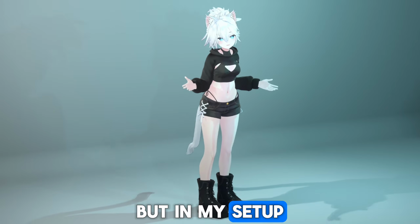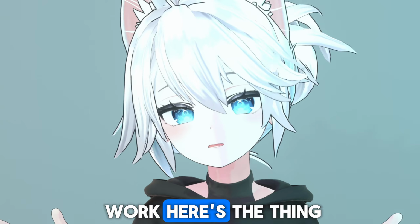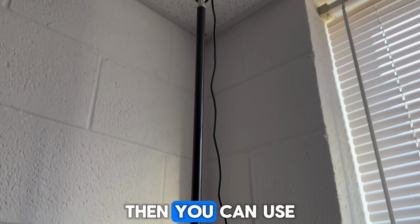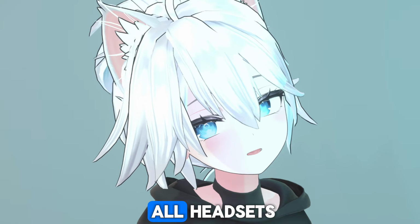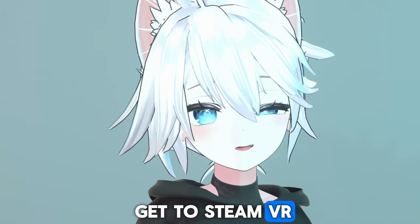But in my setup, I use Vive 3.0s and lighthouse tracking. So how does that work? Here's the thing about it. As long as you can get into Steam VR, then you can use your lighthouse tracking. And this applies for all headsets. No matter the headset, as long as you have a way to get to Steam VR, then you can use